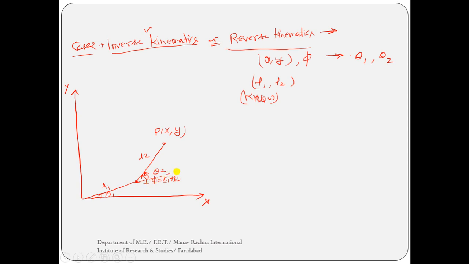Okay, so we know this is the length L1, this is the length L2, and if we extend this point P in this direction, let's suppose this is the origin point A, and draw a perpendicular to this extension, let's suppose this is point B. Okay, and we join the origin with the last link,